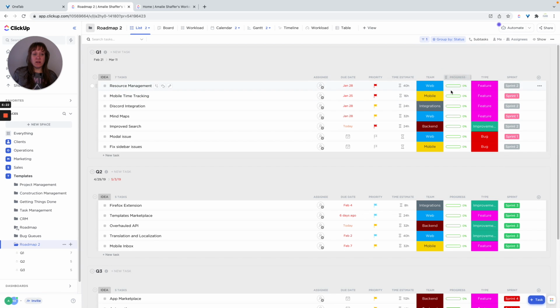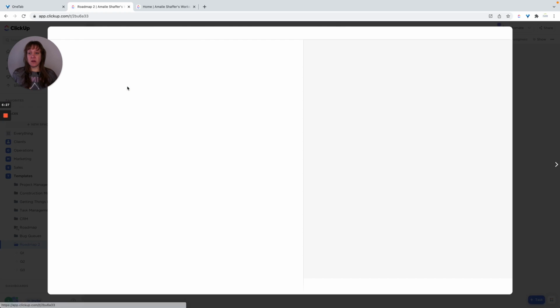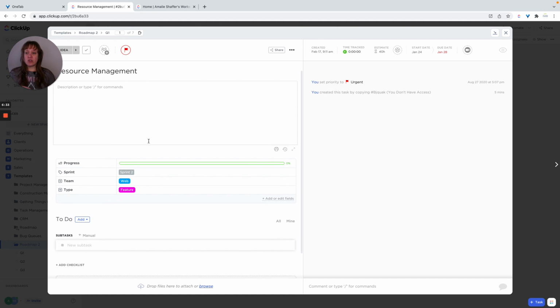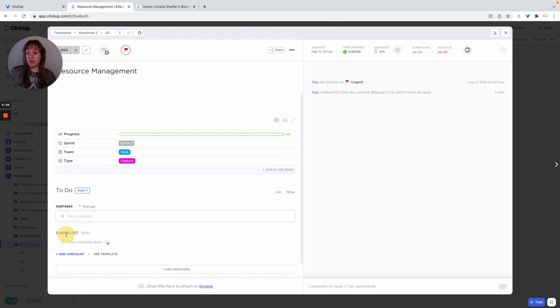Okay, so I want to come back to the progress one. So they have a progress one, but what they don't have in here are any subtasks or a checklist that will show progress. So as you're starting to create this, what you'll need to do is add subtasks or checklist items based on whatever your process is. So if we just add a checklist here and I put item 1, item 2, item 3, like that,